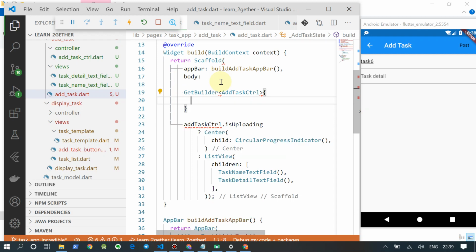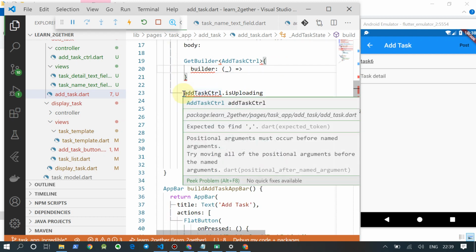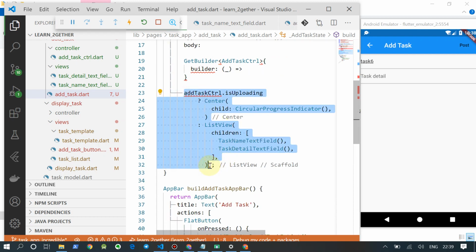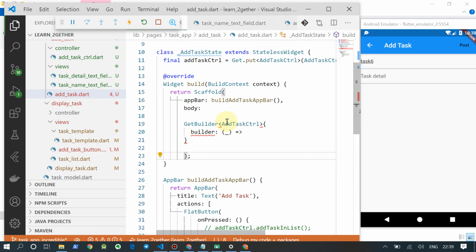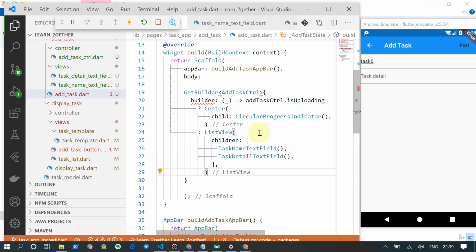Controller builder. Then whatever is there, we need to cut it. Apart from scaffold, we will cut it and paste it here.